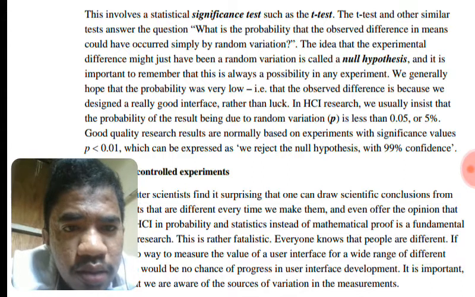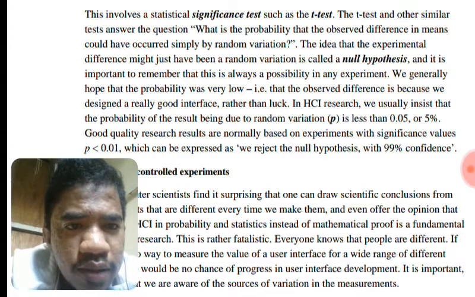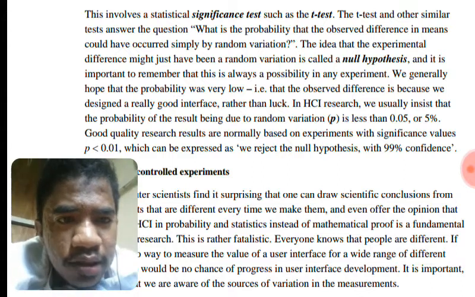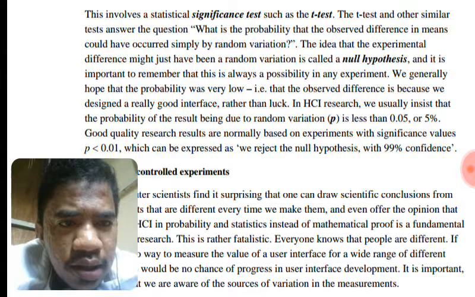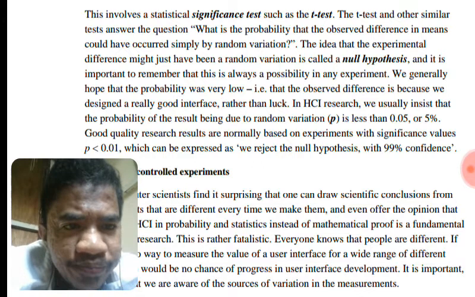We generally hope that the probability was very low, that the observed difference is because we designed a really good interface rather than luck. In HCI research, we usually insist that the probability of the result being due to random variation is less than